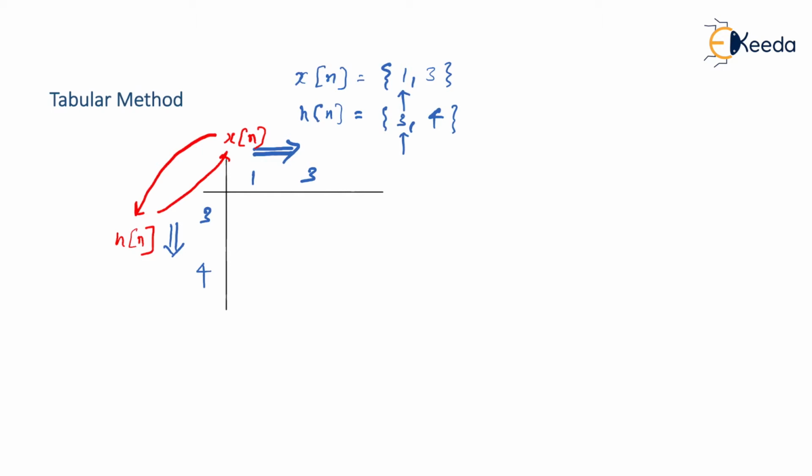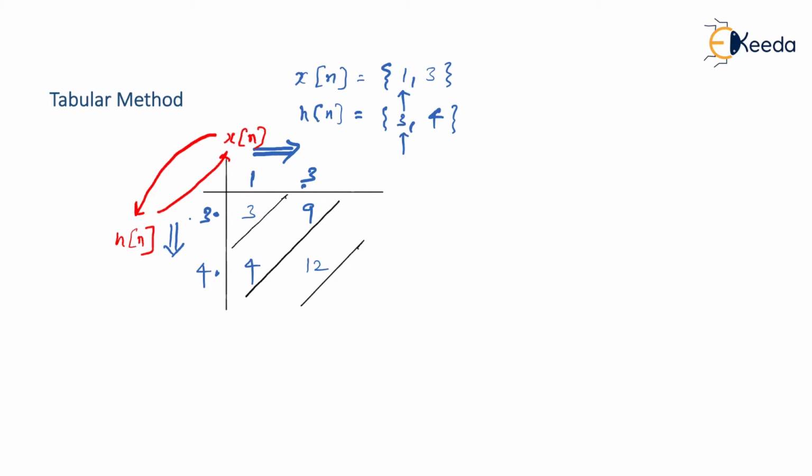Now start with a row, that is this row, and just try to multiply with every column element. That is 3 into 1, it is 3, 3 into 3, it is 9. Then starting with the second row, 4, multiply with each column, that is 4 into 1, it is 4, and 4 into 3, it is 12. Once these products are ready, make diagonals the way I'm making here. So these are diagonals. Once these diagonals are made, whatever elements that you see in diagonal, just keep on adding them.